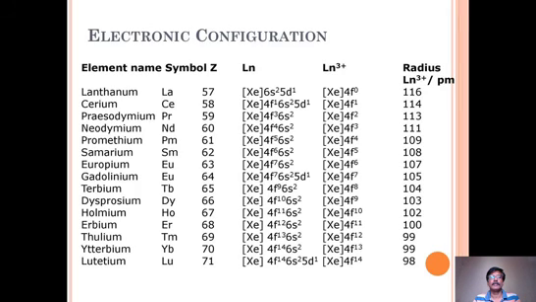Then if you take the other one, that is cerium, it is 4f1, it goes on, and if you continue that, it is 4f2, and if 4f3 is possible because the 3d electron will come back to here, and if it is neodymium, it is 4f4, and it will go on like that.